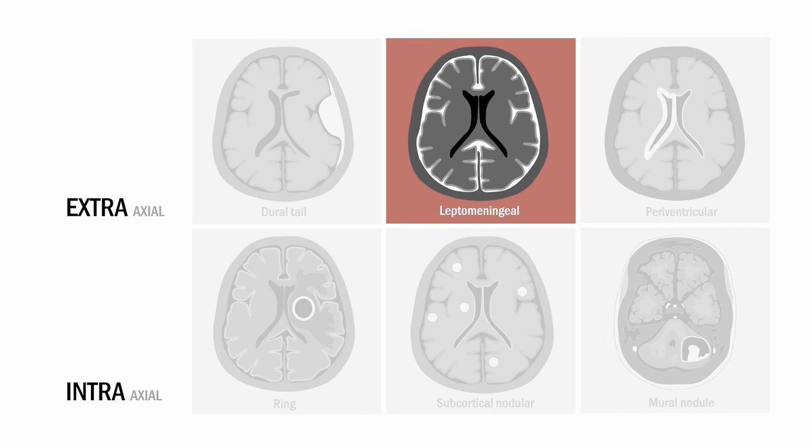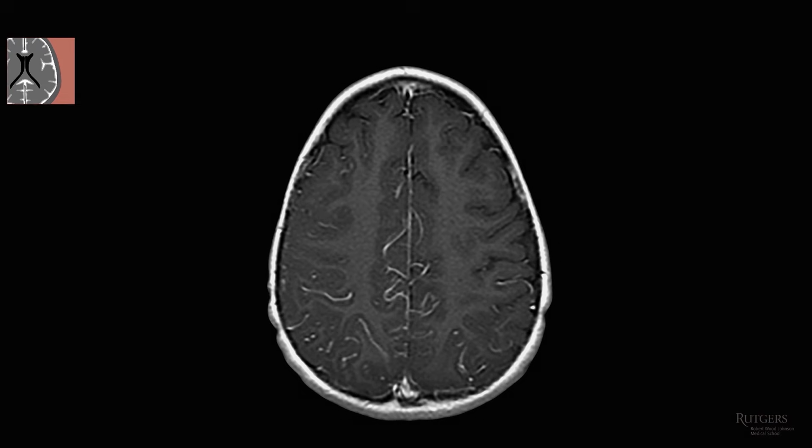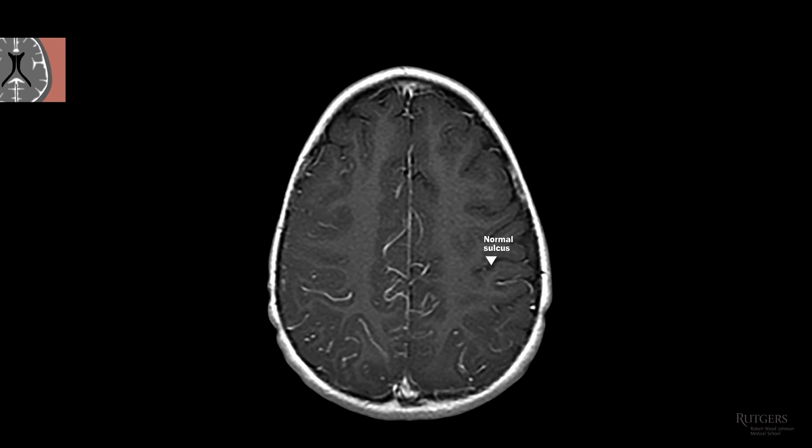Now let's talk about leptomeningeal enhancement. Normal sulci are fluid-filled and appear dark on T1, so what's abnormal? There's leptomeningeal enhancement all over, and in a patient with fever and nuchal rigidity, you would be seriously concerned about bacterial meningitis. Well, of course you're concerned. You ordered this MRI of the brain with and without contrast, right?